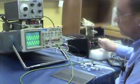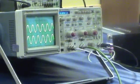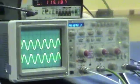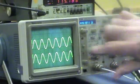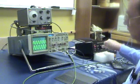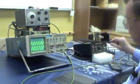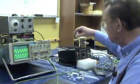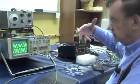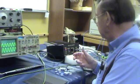I have to turn the amplitude up a bit more now at the high frequency to get the higher voltage across the inductor. We're still at 0.5 amp per division, so there's 1 amp peak to peak. This frequency, by the way, is 116 kilohertz. We wanted to get to at least 100. Those pins that accept the capacitors also fit just the leads of regular axial lead capacitors, so we can